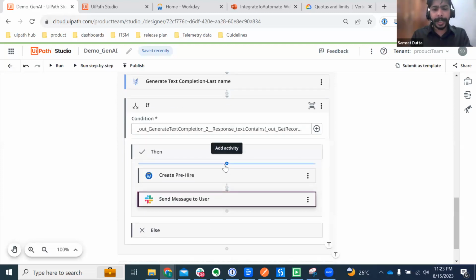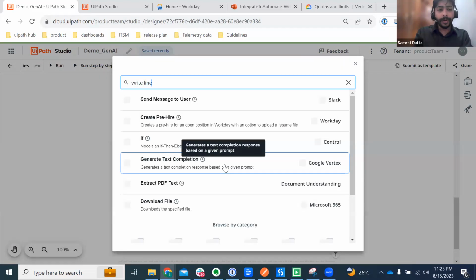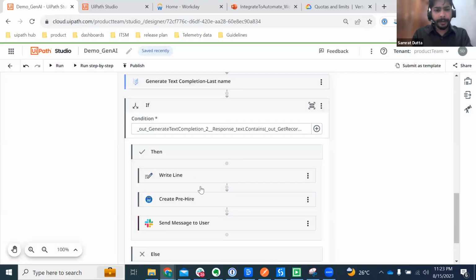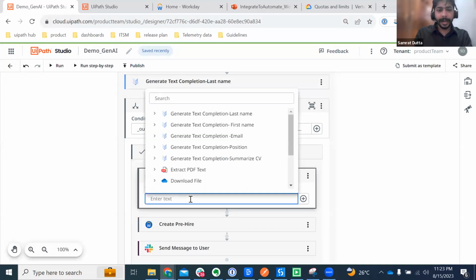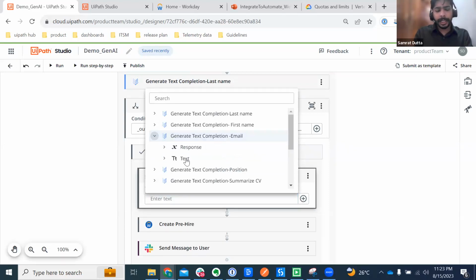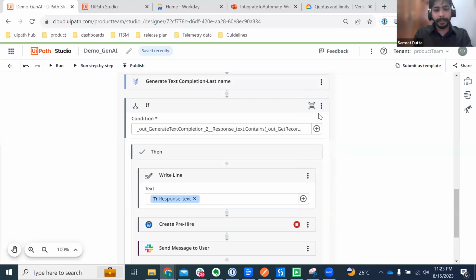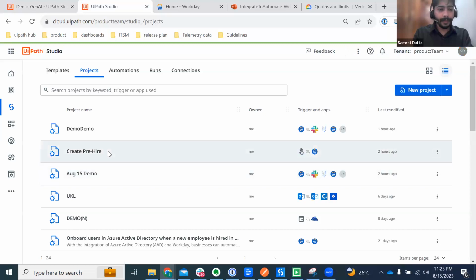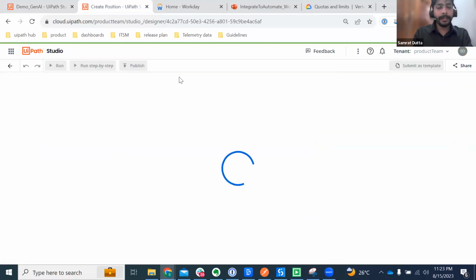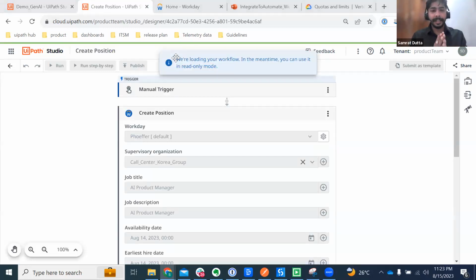Okay, but before we create a pre-hire, what we want to know is if our prompts are being correctly returned. So let's print something. And I'll add a breakpoint here before creating the pre-hire. Okay, now, like I said, we are going to trigger this workflow when I create a new position in